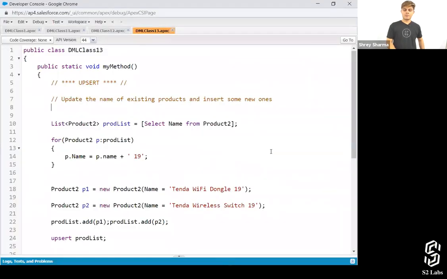Write down this program about upsert. So we have already understood the meaning or the use of different DML statements. But now we are having a look at where and in how much complexity we have to use these DML statements, and how we have to actually use it when it comes to these complex programs. So this is not at all complex, by the way. When you go and do the development, you'll find out that it's the easiest one, but you have to practice it enough in order to be good with this.